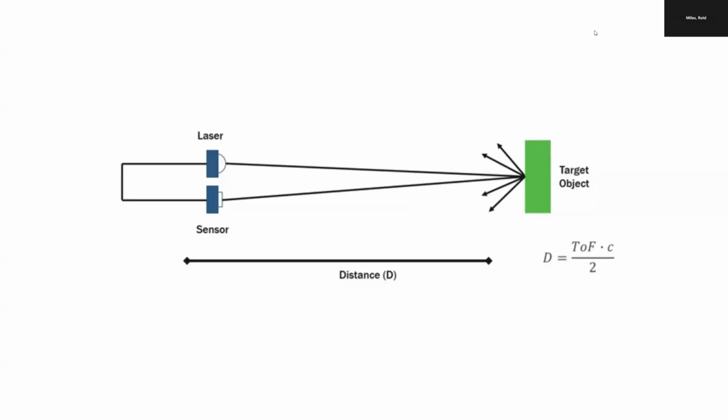LiDAR is relatively straightforward. We really only have two primary components. We have a laser and we have a sensor. The laser emits light in the near infrared range, which then bounces off of a target object and scatters. Some of this light bounces back to the sensor, which is then used to calculate the distance through a simple